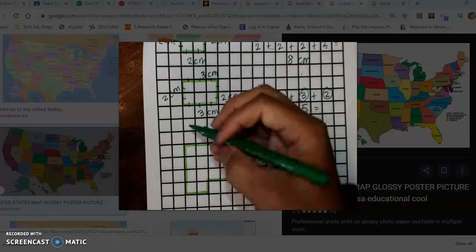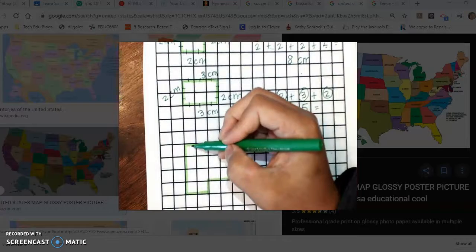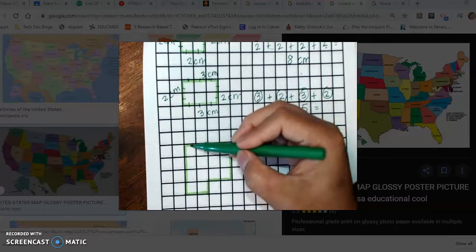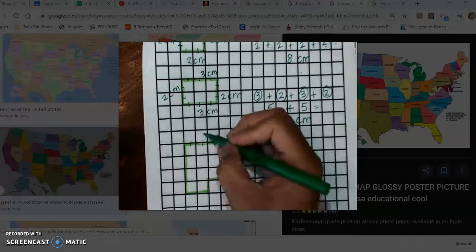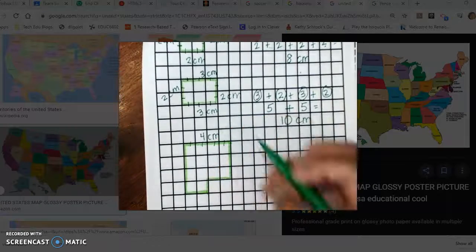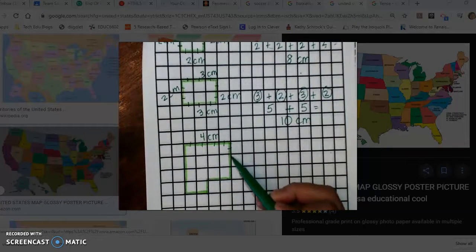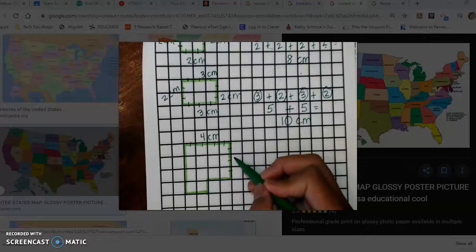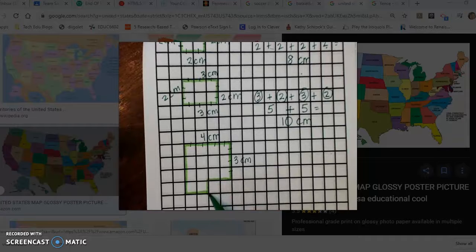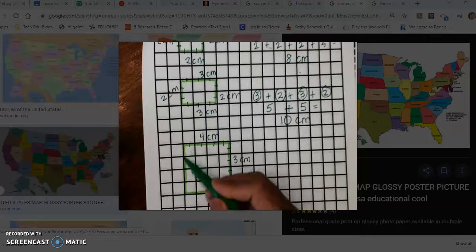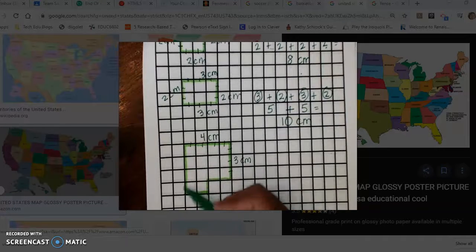And let's put the measurements here. So the top of this shape is 1, 2, 3, 4 squares long. So it's 4 centimeters. This side right here is 1, 2, 3 centimeters long. So we put 3 centimeters here. Now remember, the perimeter is just the outline of something. So we have to measure this side, this little side, this side, and this side. Every single outside part is what we